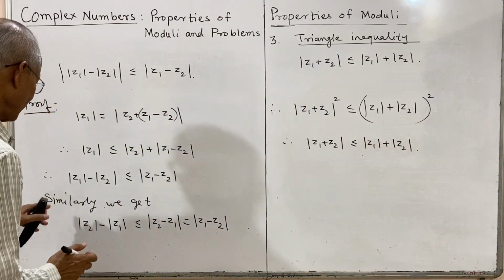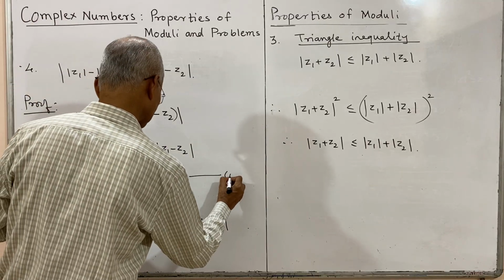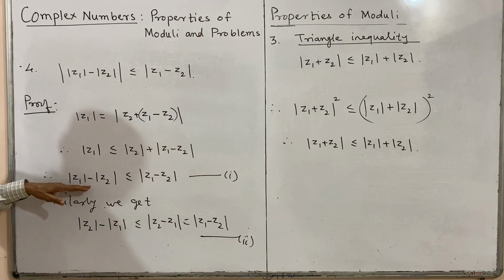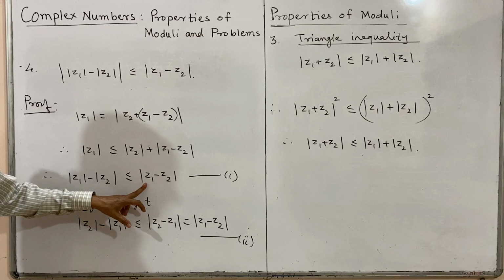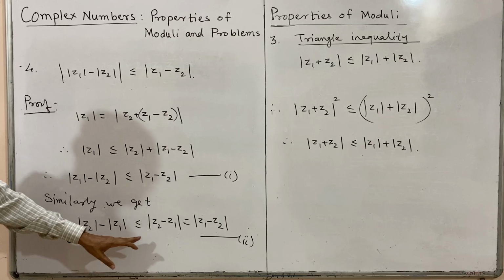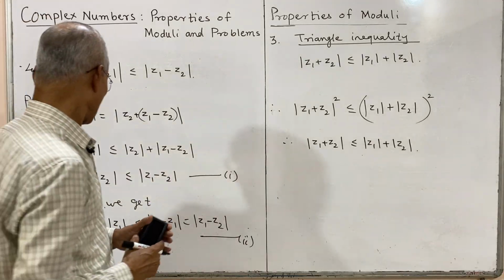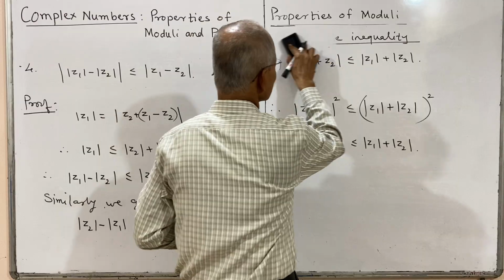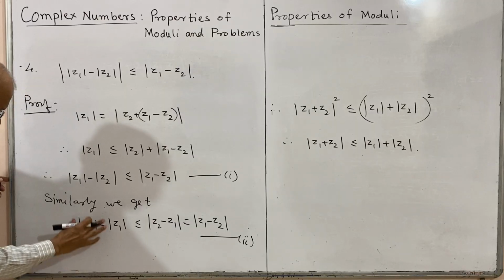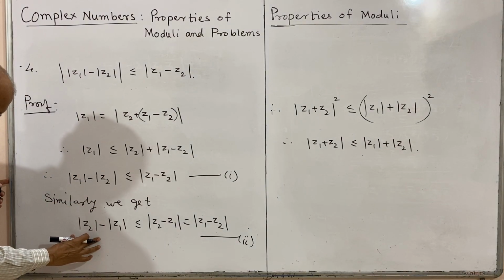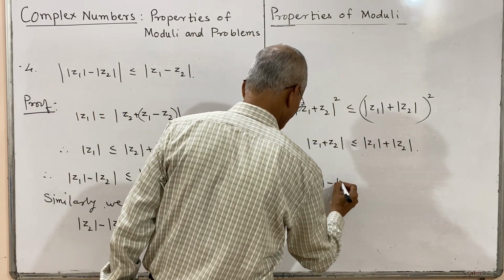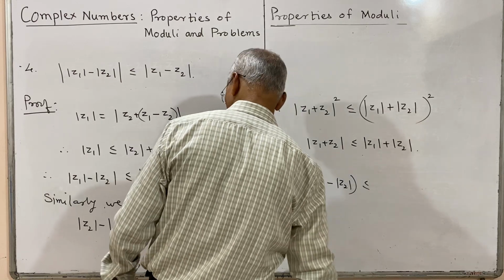And now what we will have is this as first and this as second result. Now you see, mod of z1 minus z2 is less than or equal to the right side, mod z1 minus z2, and mod of z2 minus z1 is also less than or equal to the same expression, and that means the positive value and negative value both are less than this quantity. So what is this? This is a negative of this one. z2 minus z1 is negative of mod z1 minus mod z2,